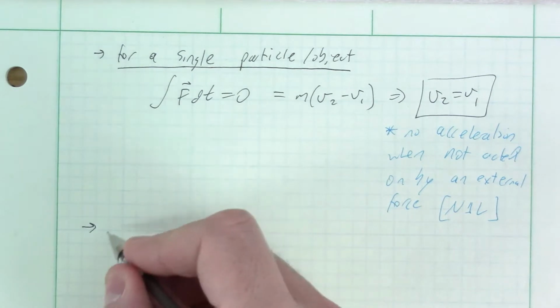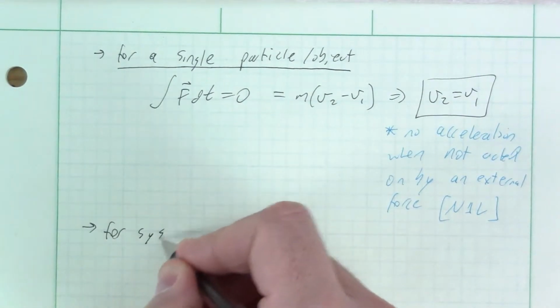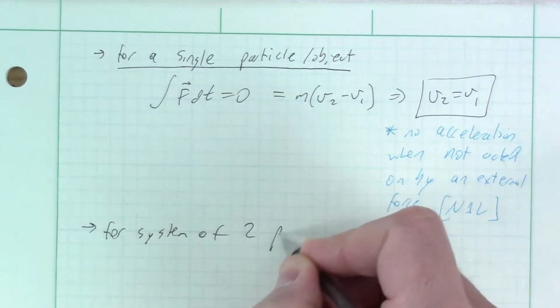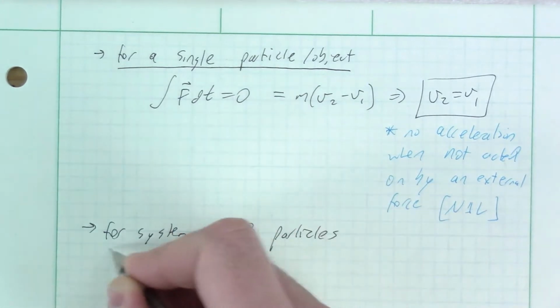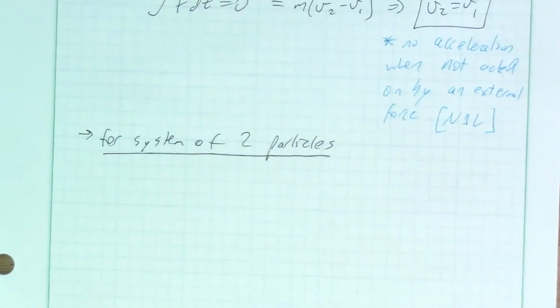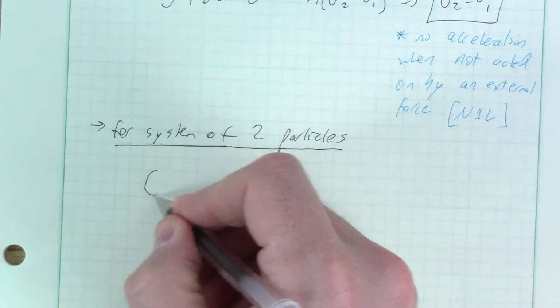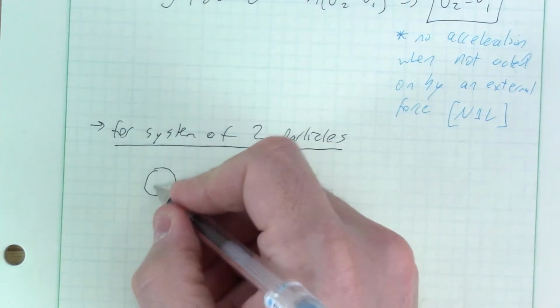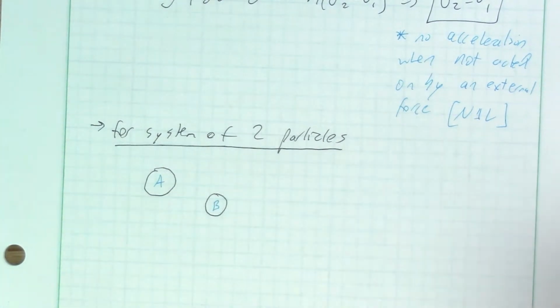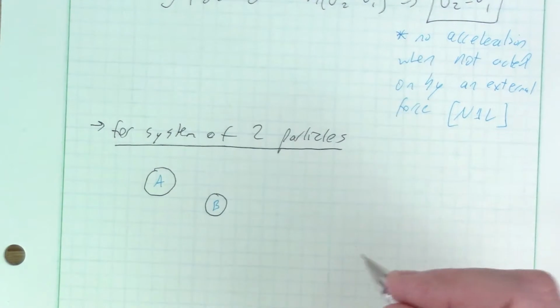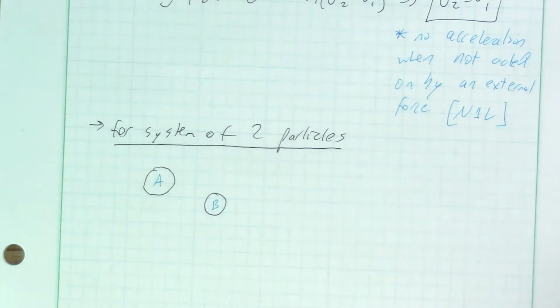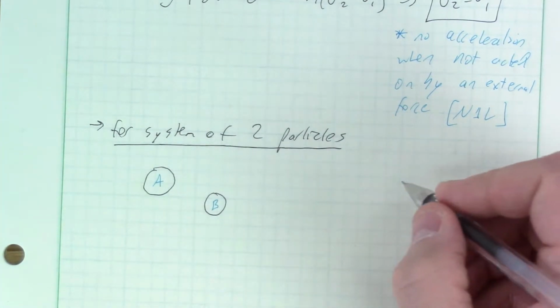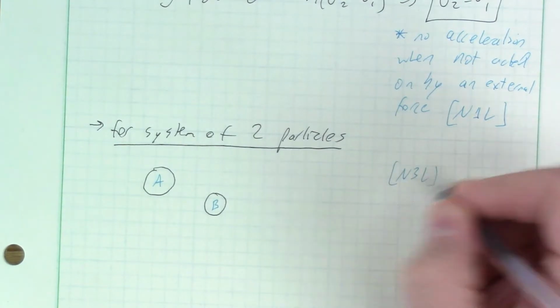All right. Now let's do it for a system of 2 particles, and make them nice and big particles. Okay, they could be different sizes, they could be different masses, but there's A and B. And what we're going to do here is actually use Newton's third law, or that principle, to make a statement here. Newton's third law says that,